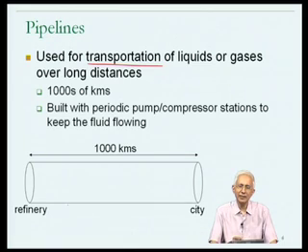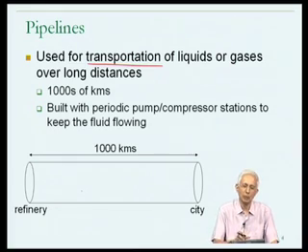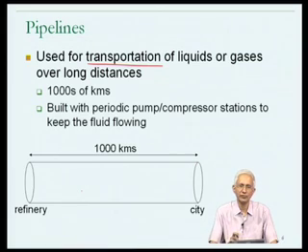Now, let's suppose that one can describe the volume of each of the different kinds of petroleum products in terms of kilometers. And let's suppose that at some point in time I have the equivalent of 20 kilometers in terms of volume. The volume would be defined by the area of the pipe multiplied by the length that particular volume occupies if it's pumped through the system. So let's suppose that I have 20 kilometers of airline fuel which I want to transport from the refinery to the city. Then one thing that could be done is to just pump the 20 kilometers